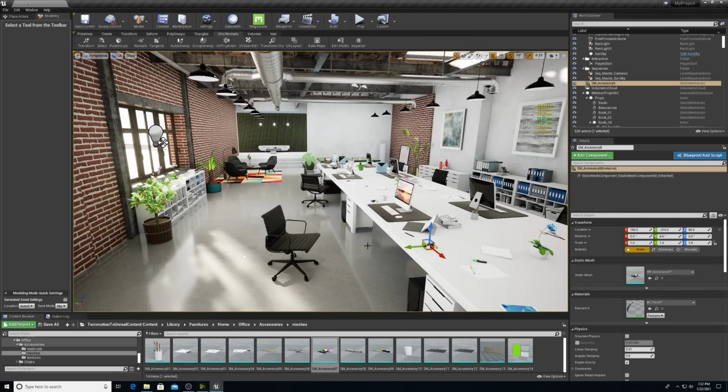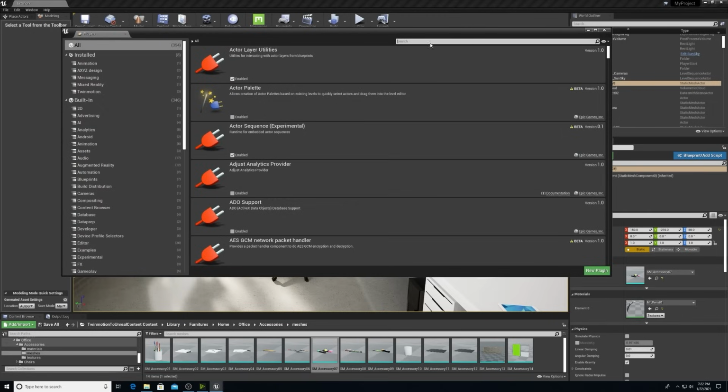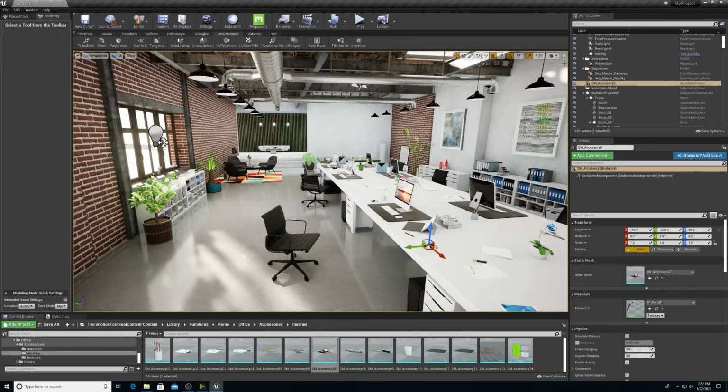Now, the cool thing about this plugin is you do not have to have a Twinmotion file in Unreal to use these assets. So if you're working on a project right now in Unreal where you think you could benefit from being able to pull in these assets, you can download that plugin that Martin showed in the very beginning. So I'm going to show that one more time. If I go to Edit, Plugins, and type in Twinmotion, it's going to be this Twinmotion content right here. Now I'm going to switch to a different file that has the same geometry, but I've spent some time fine-tuning materials, ray tracing performance, and setting up some of the new features.